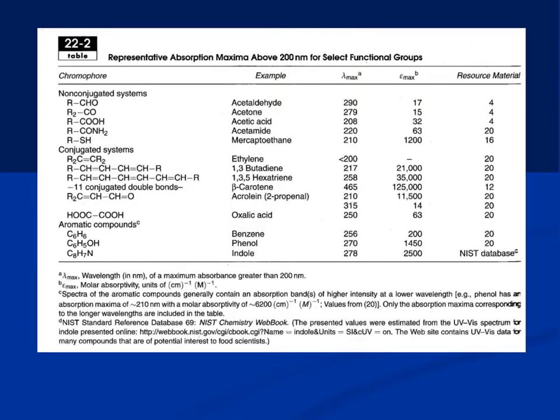So normally UV radiation is around 200 nanometer. Mostly we are looking at the non-bonded electrons, and we are looking at the unsaturated double bonds which we were talking about before, and they contribute to the absorbance of light. So if you have no nitrogen, oxygen double bond, C double bond carbon or anything else, you may not see the absorbance. And this is the table I showed you before for the lambda and epsilon values,